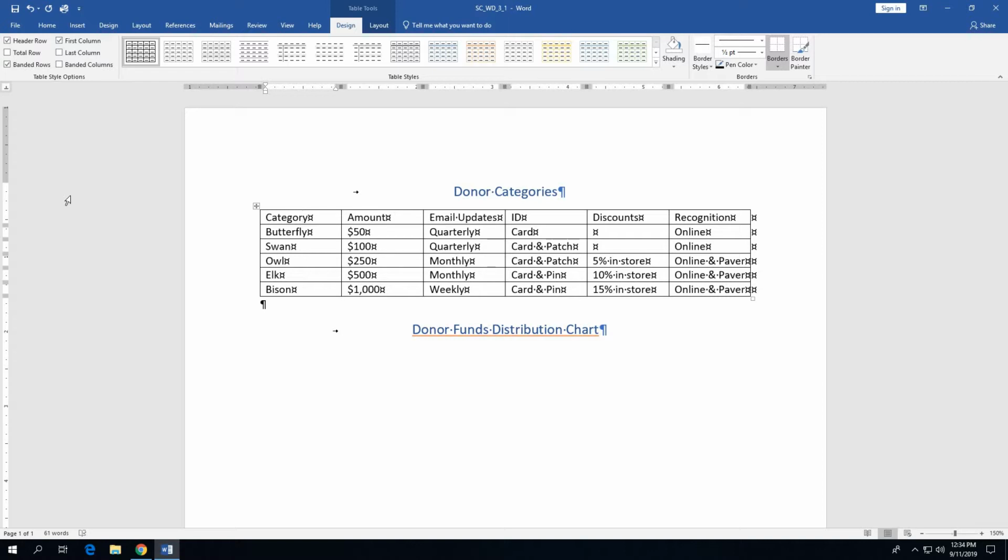If some of those aren't checked, go ahead and check them. So go ahead and check and uncheck as you need to make sure that only header row, banded rows, and first column options are checked. Alright, once you have that done,